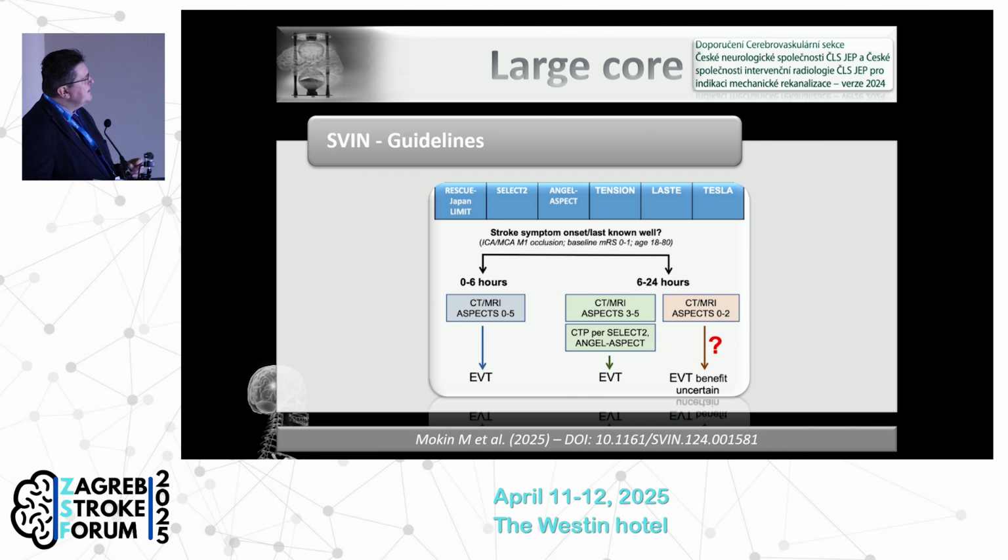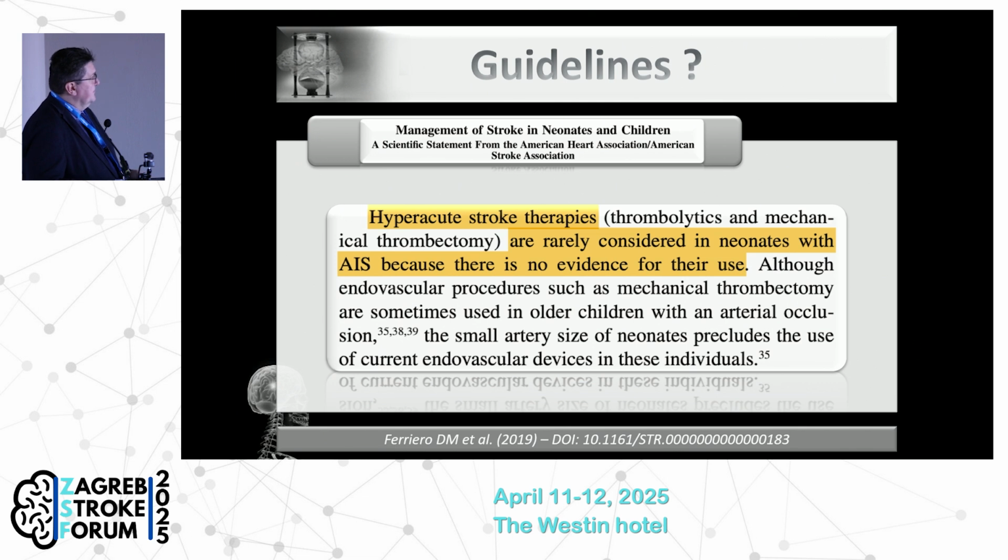with an ASPECT score of 3 to 5, you can still perform endovascular treatment, and we need to maybe collect more data on whether it's really beneficial to perform endovascular treatment in the group of patients between 6 and 24 hours from the onset with an ASPECT score of 0 to 2. Regarding the pediatric population, if you look at the guidelines,